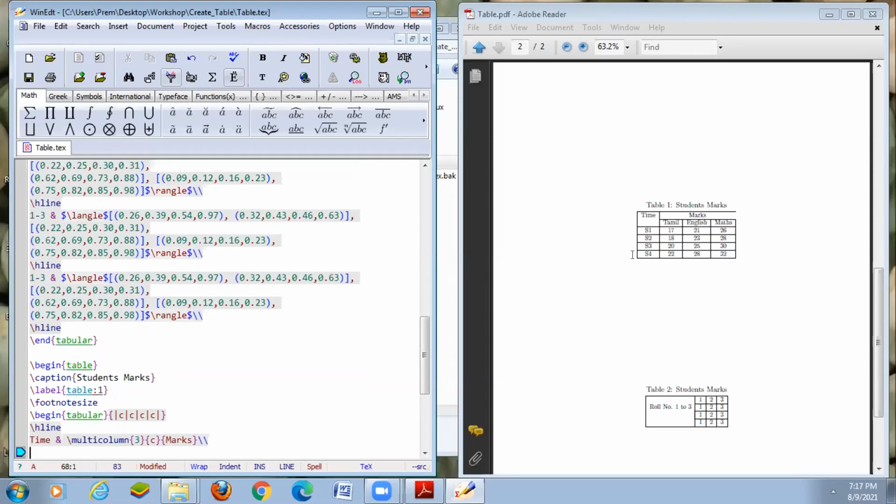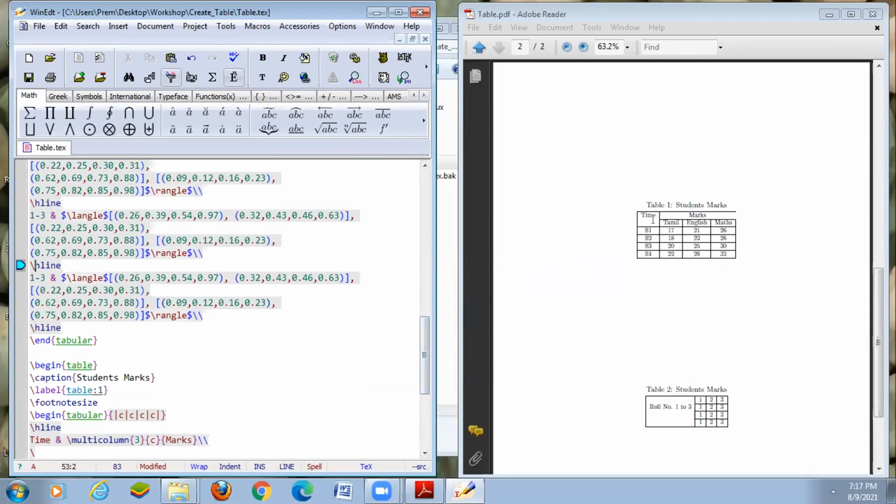So what is the second? The line will be drawn in the second column. So it begins with the second column. The first column will be merged into the first and second row. Okay. So therefore we can draw that line. Before that we use \hline, which means we can draw the full length, at the beginning of the table and at the end of the table.